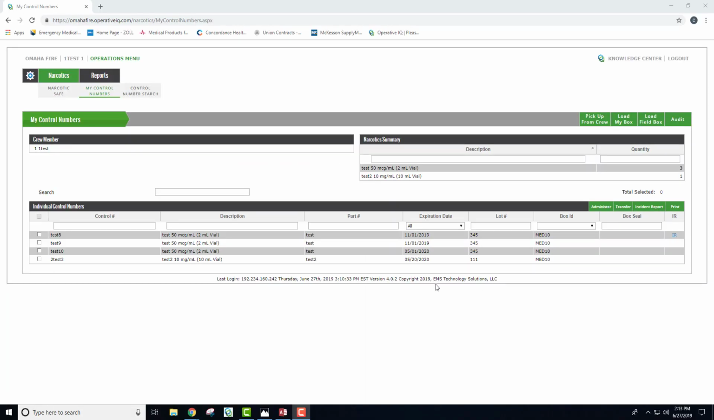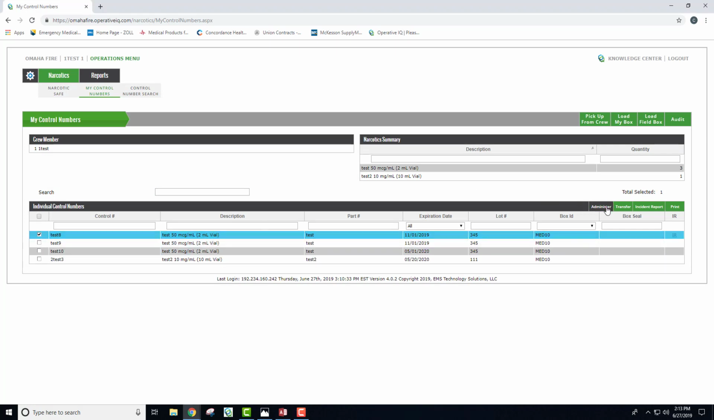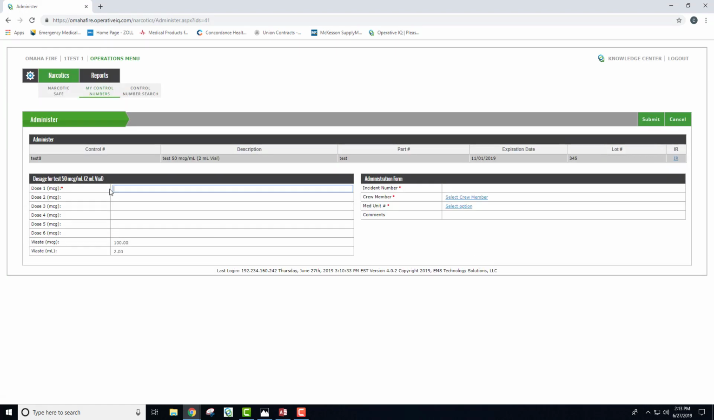Your next action that you're going to have to perform is administration. You'll log back in after the call, come to your narcotics tab, my control numbers, and select which narcotic that you administered. To the right, you hit administer. This form comes up. You enter in the amounts that were given to the patient, whether it was all at one time or your